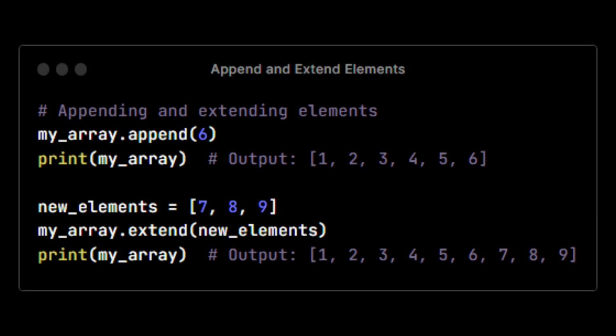Append and extend elements. You can add elements to an array using the append method or by extending the array with another iterable using the extend method. The append method adds a single element to the end of the array, while extend allows you to add multiple